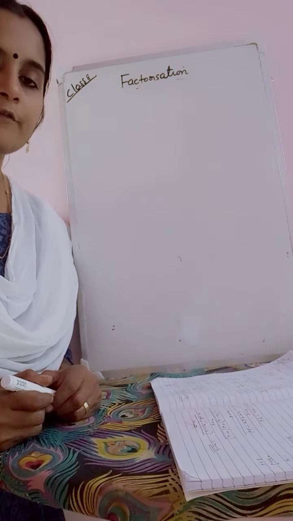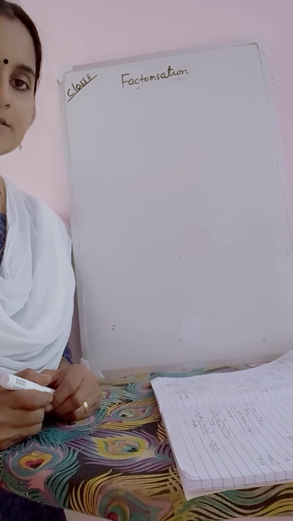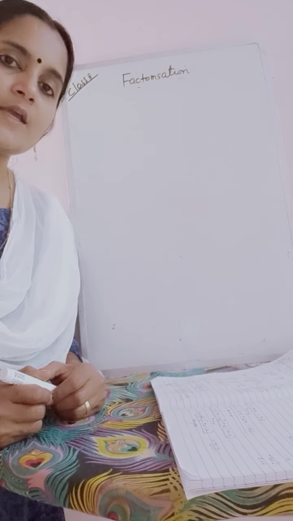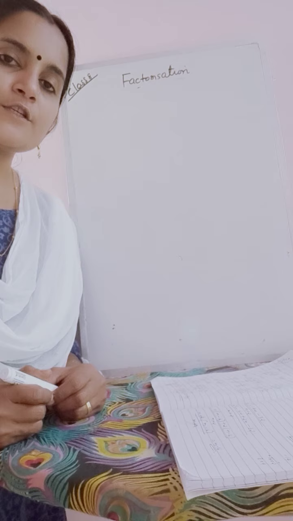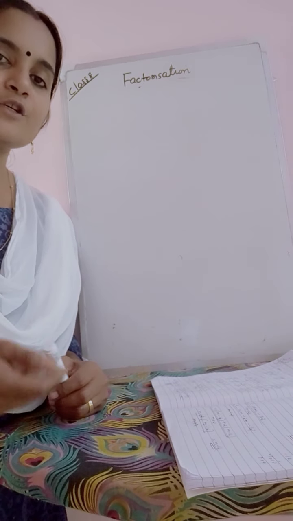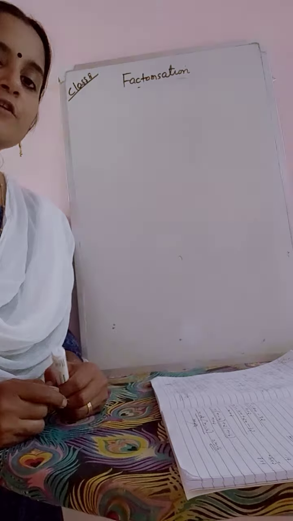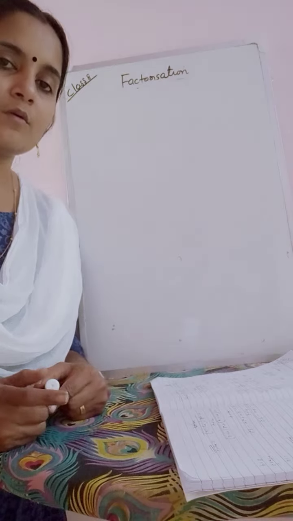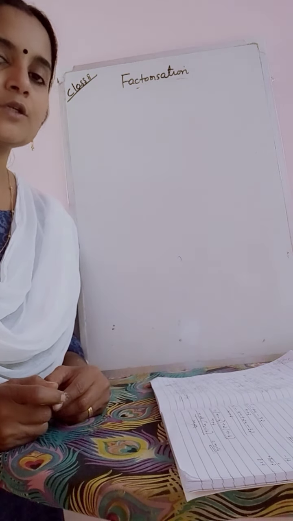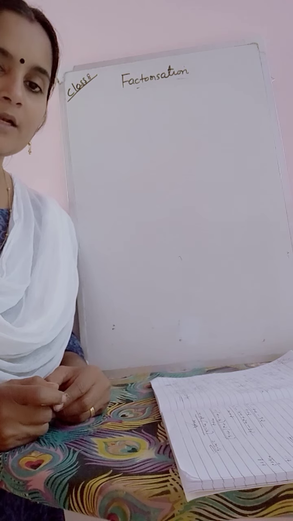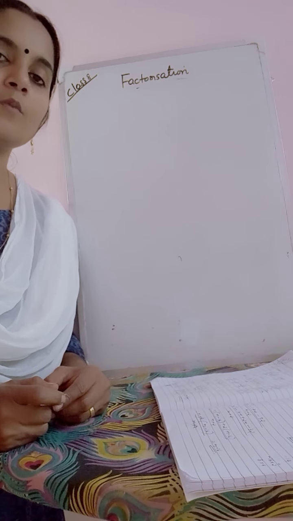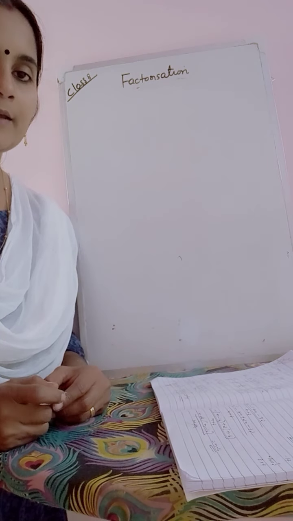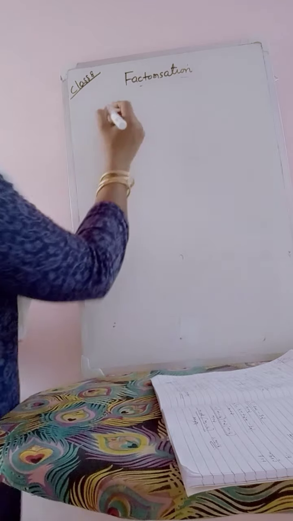Next topic of our factorization chapter is division of polynomials. In this case, we have different types, that is division of monomials by monomials, division of polynomials by monomials, division of polynomials by polynomials. Monomial means only one term, binomial means two terms, and trinomial means three terms, and more than three terms we call polynomials. Okay, here first case is